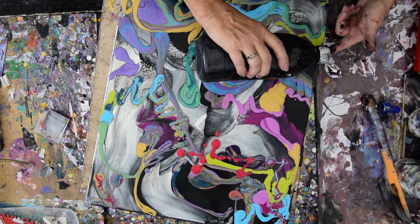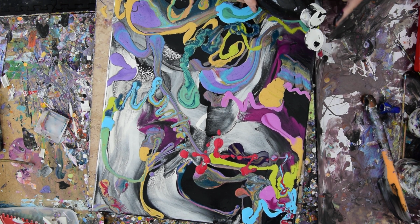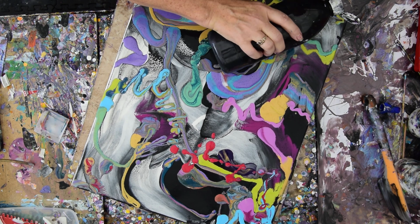We all have stuff we got to do. Anyway, so I'm going to just go down the line and find my spots that don't have any black paint on them and fill in with them, because everywhere else has...